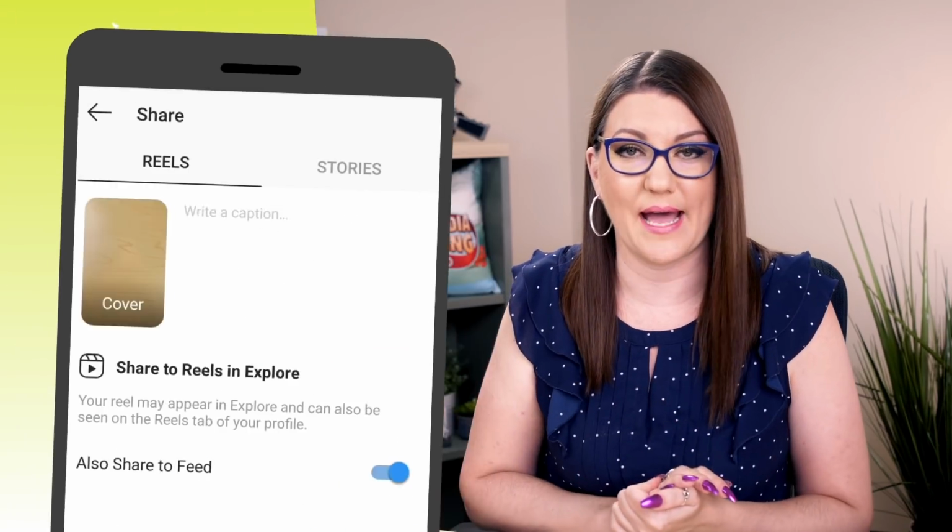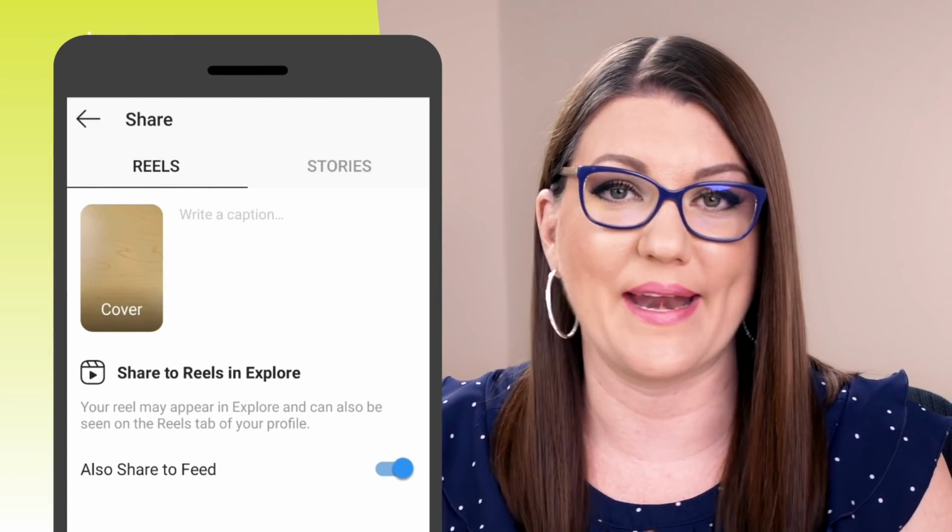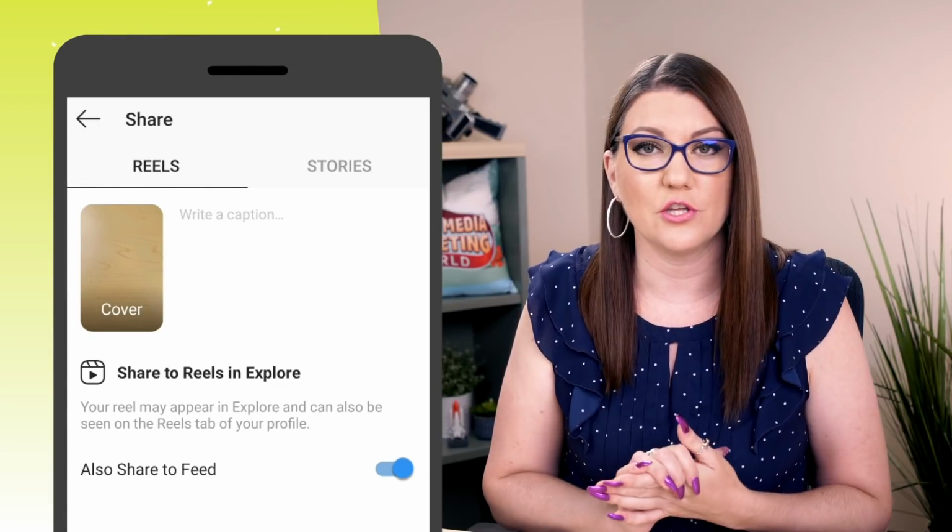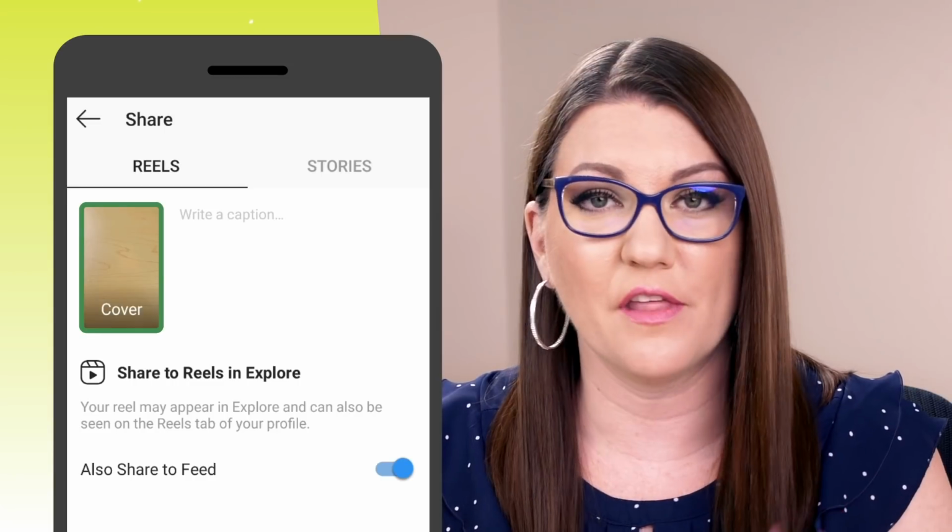Now that you've shared to your stories, go back to the Reels tab, and now we can edit and format everything in this section. First, you wanna edit your cover. Tap on the thumbnail, drag the slider anywhere you want through the length of the video to pick the exact frame you want as your cover image.